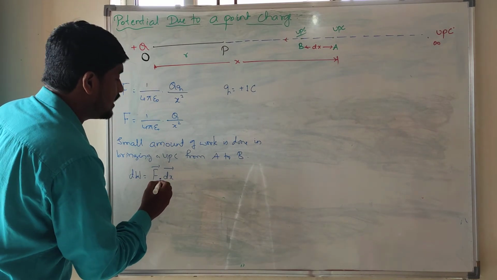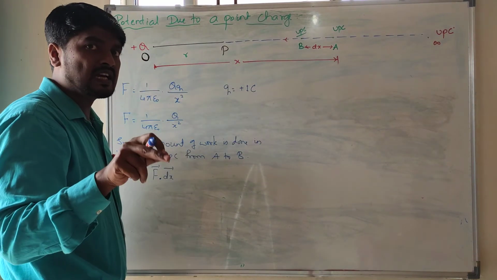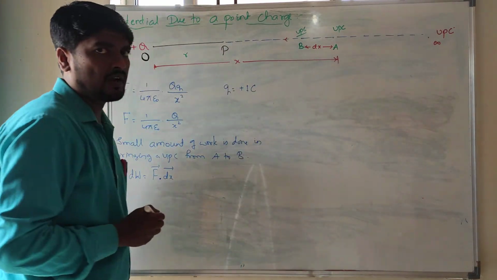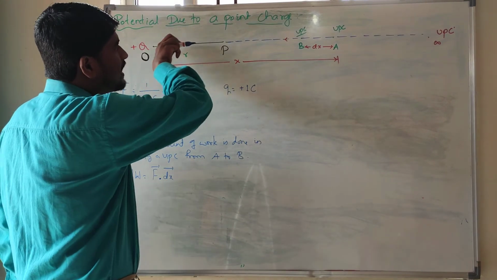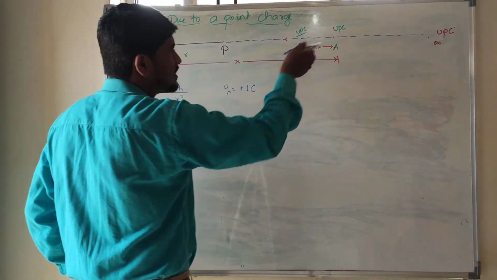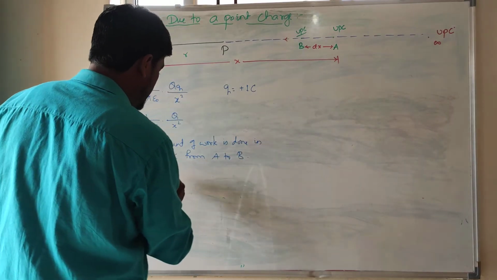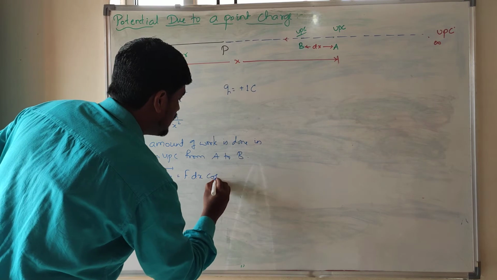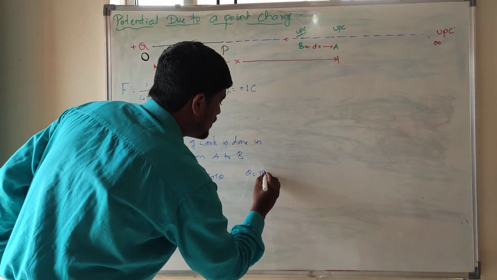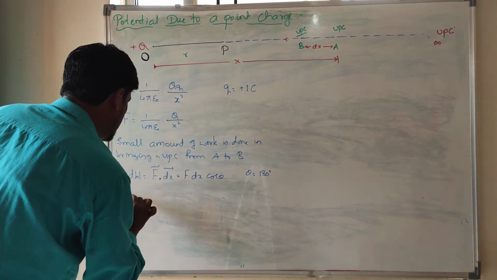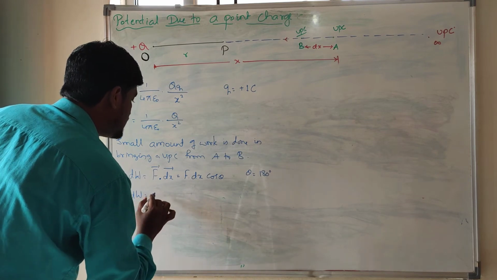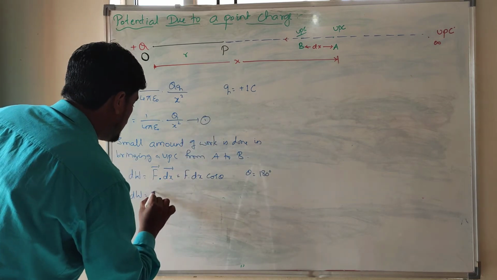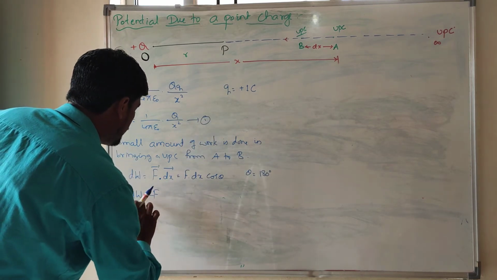The second thing is, though the work done is independent of path, for a convenient method I have taken a straight line. The electric field is in this direction, and I am coming in the opposite direction. Hence the dot product between them becomes F dx cos theta, where the angle between them is 180 degrees. Then if I substitute here, I will get dW is equal to, now cos 180 is minus 1, so minus F